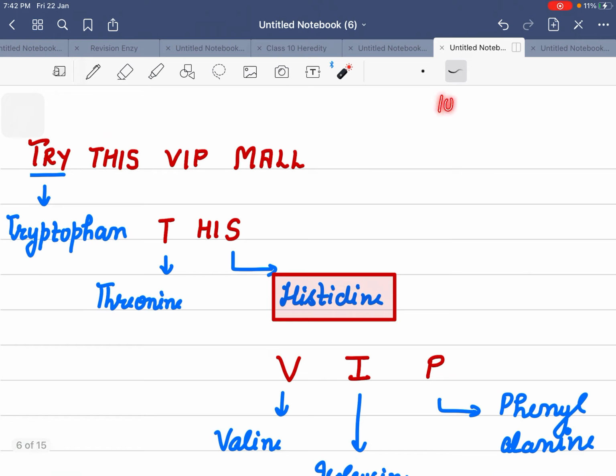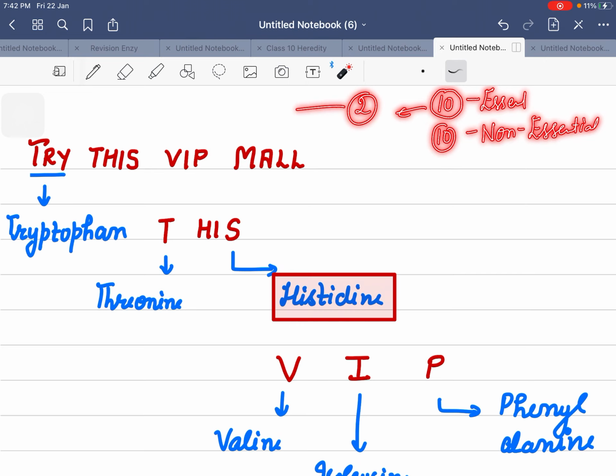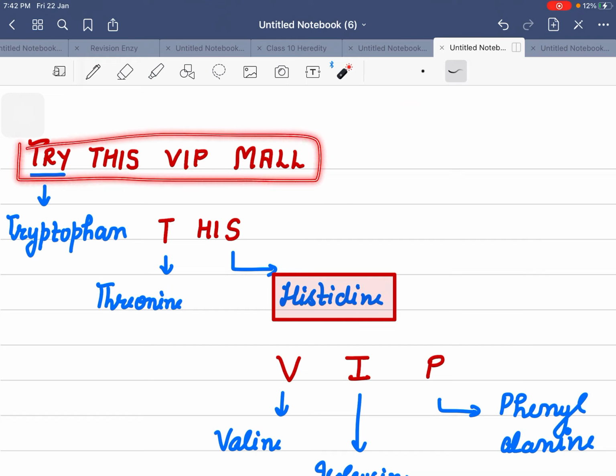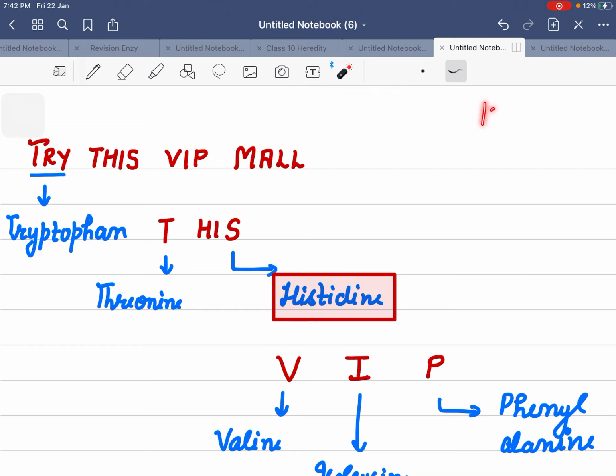Now, usually we say there are 10 essential amino acids and 10 non-essential, but a few books keep two out of them as semi-essential, which are arginine and histidine, right? These two are our semi-essential. So how to remember which are essential? We will take a picture of the 10 essential amino acids. For this, remember this line: Try this